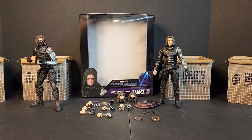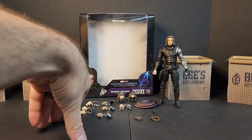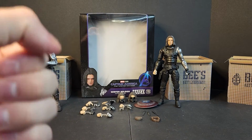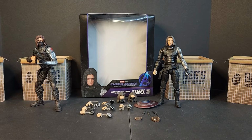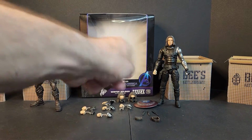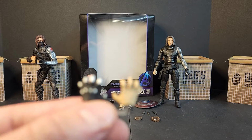Alright, going into the accessories. We get lots of hands. The figure itself comes with a left and right fist. Keep in mind all left hands are going to be part of that cybernetic arm, robot arm, whatever you prefer to call it. And all the right hands are going to be human flesh. So, starting out, we got two fists on the figure itself. We get a left and right,